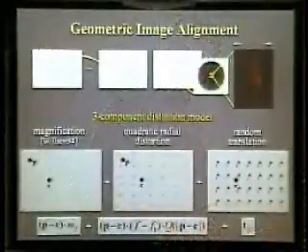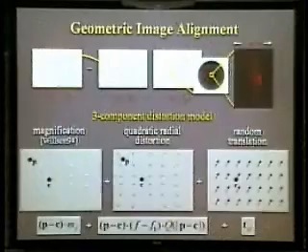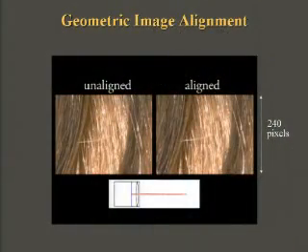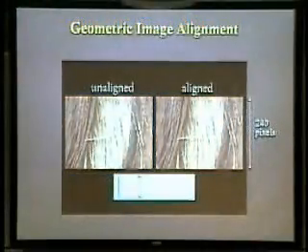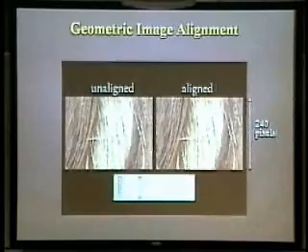Well, we estimate the deterministic parts of this distortion using a fixed calibration pattern. We do this once in an offline step. And for the online random part, we do this using Lucas-Kanade image registration. What this means in practice is that we can align 16 megapixel images of the scene, and do so with subpixel accuracy.